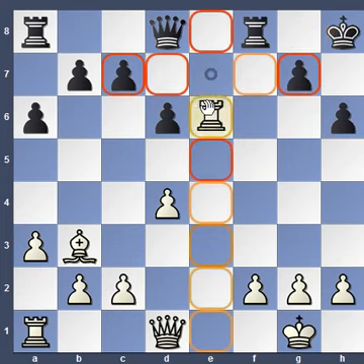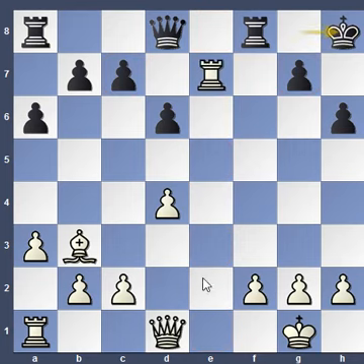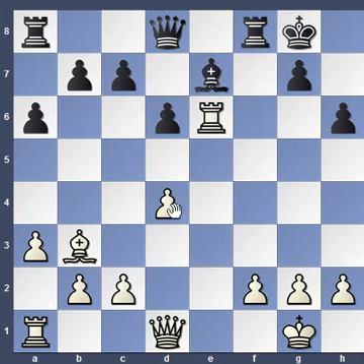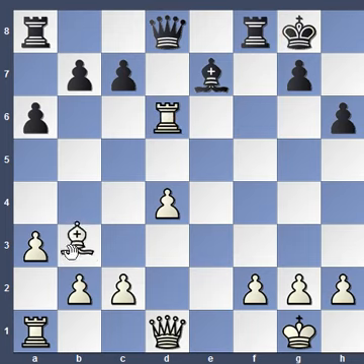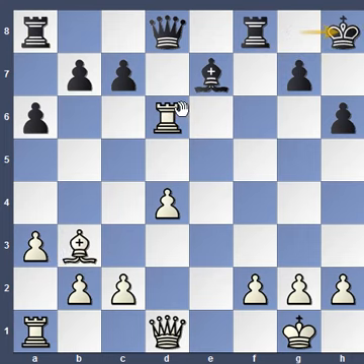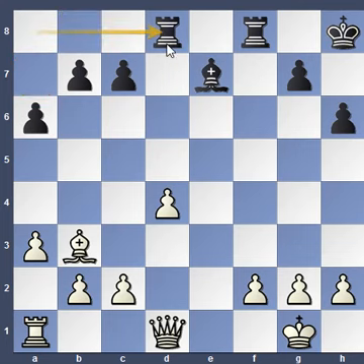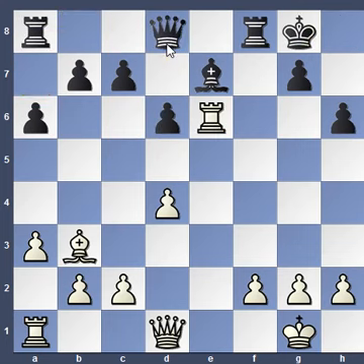So this is one idea. We can capture a piece, or we can also do another thing. We can capture the d6 pawn and create a threat on the black queen. Since the queen is a bigger piece, instead of capturing the bishop, we attack the queen and king simultaneously. Again he moves away the king and we will simply capture the queen. So this is another example of a discovered check or discovered attack, where we attack the king and queen simultaneously and capture the queen when he moves away the king.